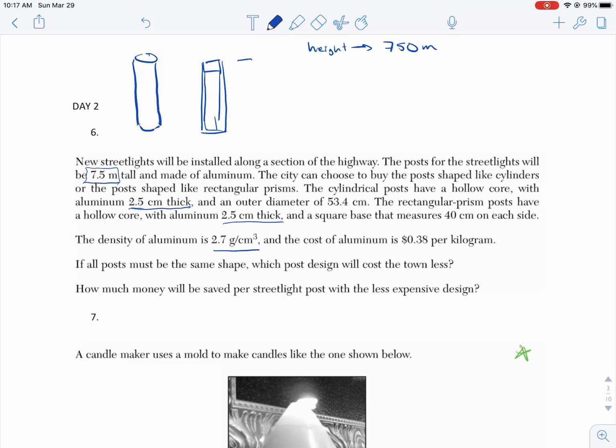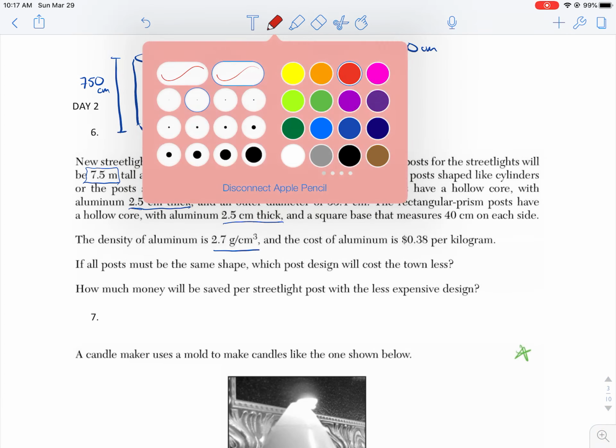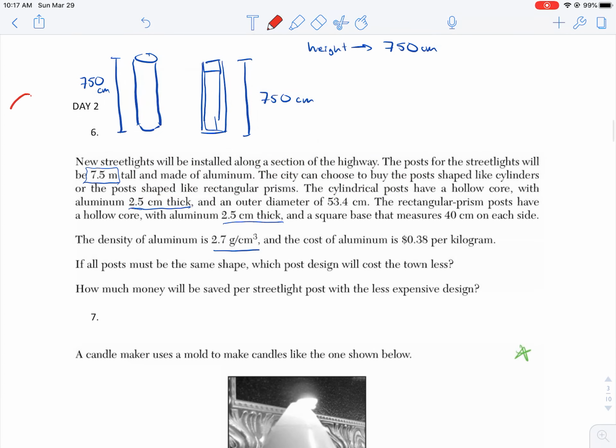Okay, it's going to look something like this, all right? That's terrible, I know. But they're both going to be 750 centimeters. I'm sorry, this should be centimeters in height. All right? And so when we're talking about a hollow core, what this looks like, all right, so let me get a different color here. So for the cylindrical post, okay, what's going to happen